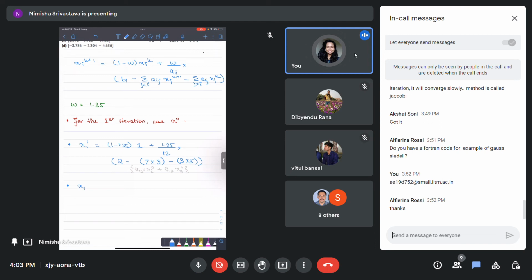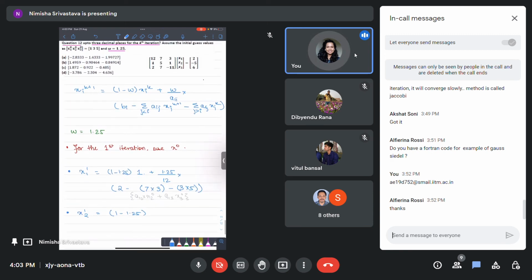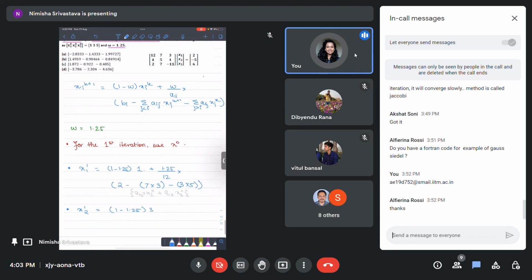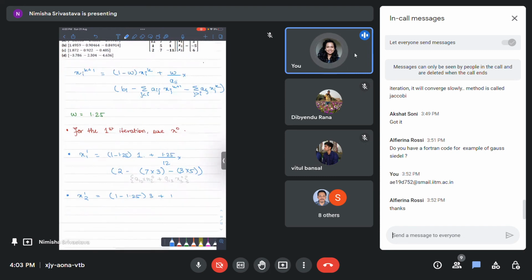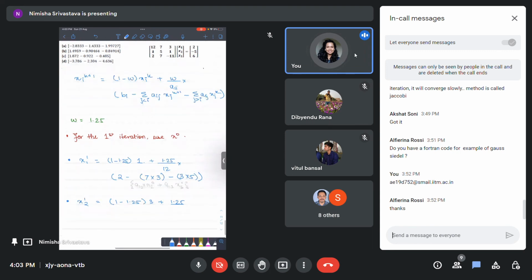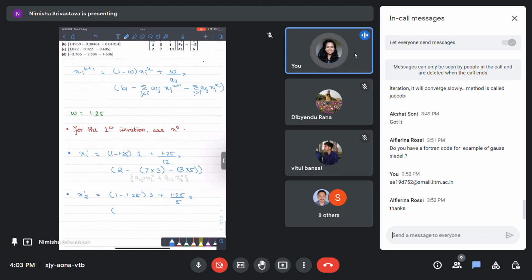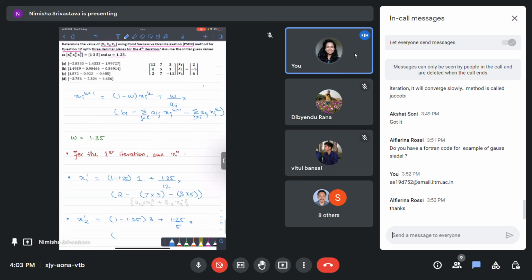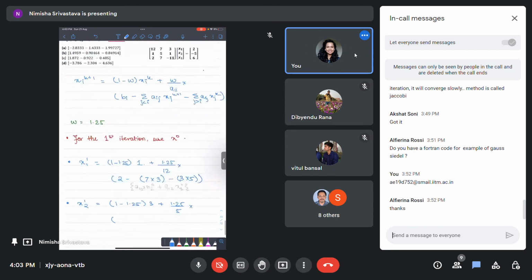My time step is 1, equals 1 minus 1.25, that is 1 minus omega, times x_i^k, which is x2 naught, 3 for me, plus 1.25 divided by the diagonal term for the second one, 5, into b_2 minus 5 minus,